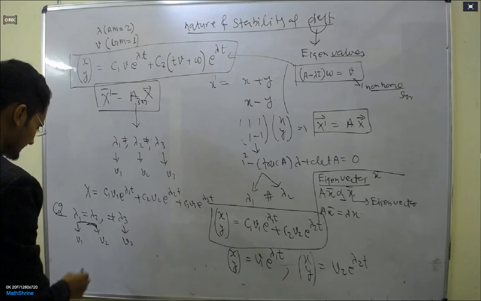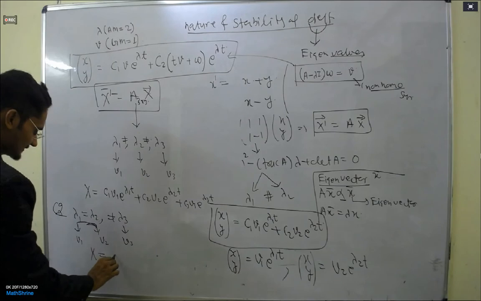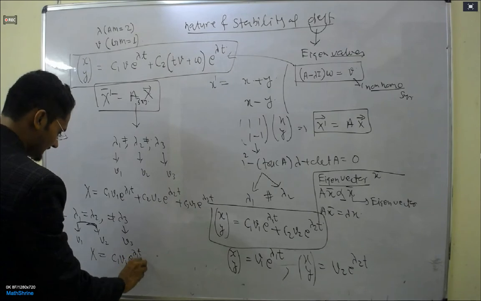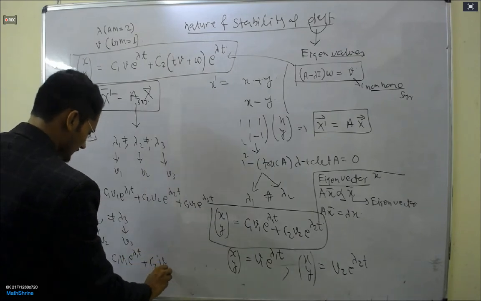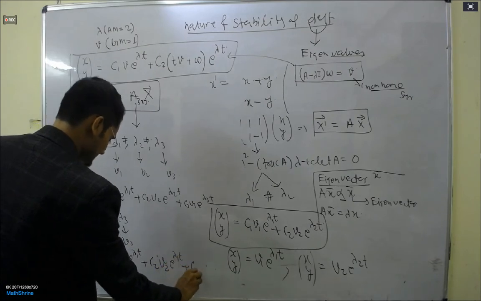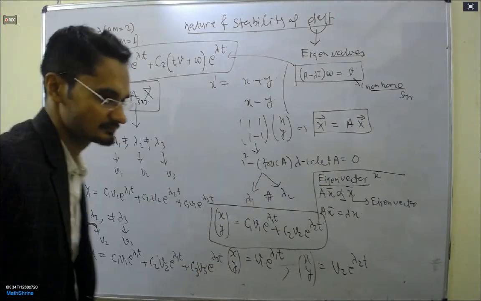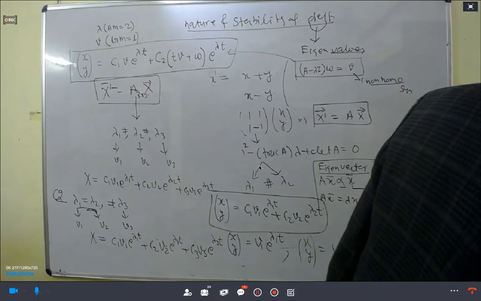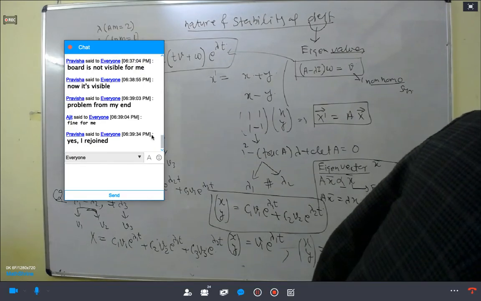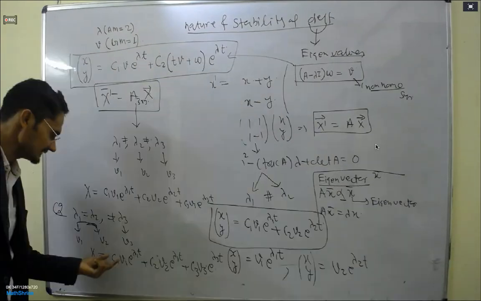Yeah, okay. If we have three eigenvalues and three eigenvectors v1, v2, v3, then there is no problem at all. The problem will occur when lambda 1 is equal to lambda 2 but not equal to lambda 3. We have one eigenvector v3 and here we have only one eigenvector, right? Then your answer will again be x is equal to, we can write v3 first or we can write it at the end, no problem.